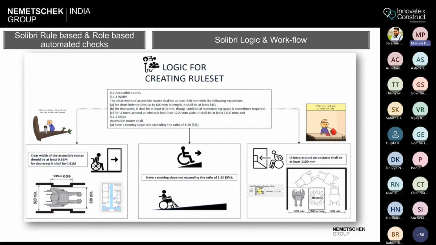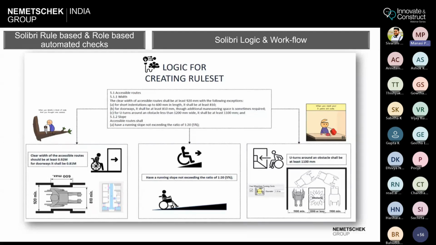So let me resume with the workflow of Solibri. So we talked about so many rules that are available inside Solibri, but how does it exactly work? So there is an algorithm which works as per a logic that is predefined into the software. So this is an example from our very own bylaws about accessibility, that for a given project, if there are specially abled people, the minimum opening of a door for accessibility of a wheelchair should be 810 in case of a recess, 920 in case of a clear opening, ramp ratio of 1 is to 20, and circulation area should be 1100 as dia if there are any obstacles or for free